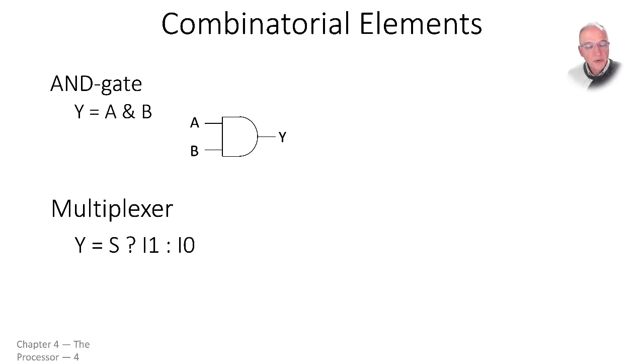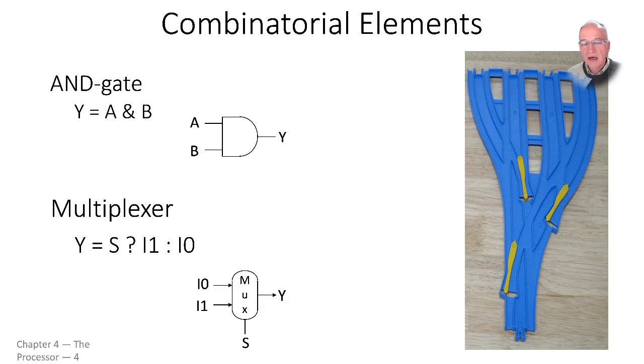Another example of a combinatorial circuit is the multiplexer. The multiplexer has a switch, and the switch will tell which one of the two inputs, in this example of a two-input multiplexer, will go to the output. By changing the value of the switch, I can make the I0 or the I1 input go to the output, and the other one does not pass. One good analogy for a multiplexer is a kid's train set,